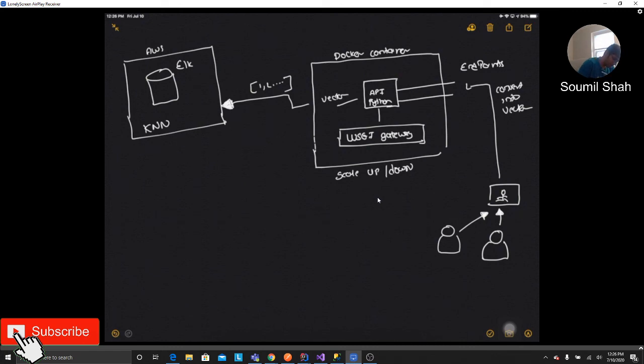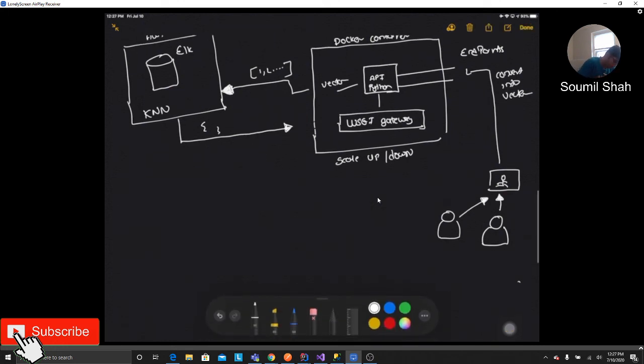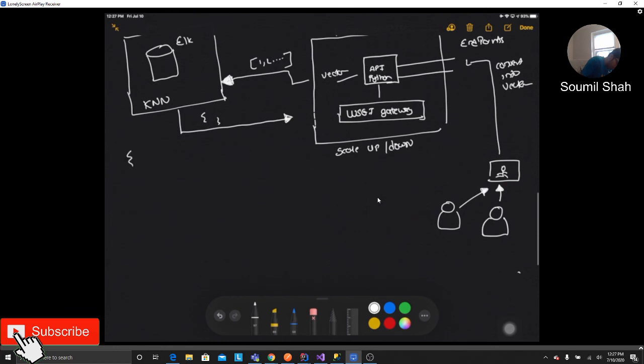So this happens, and basically this will return JSON objects. So these JSON objects will be something like this. Basically you would have file name, then you would have base 64 image.